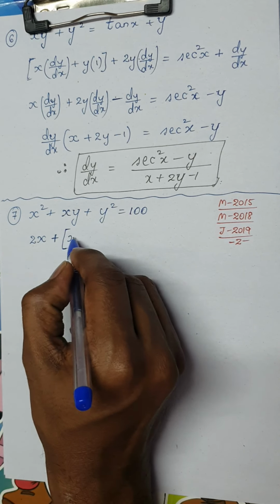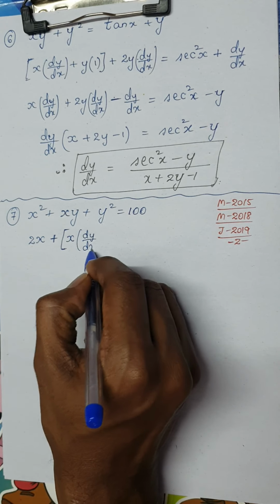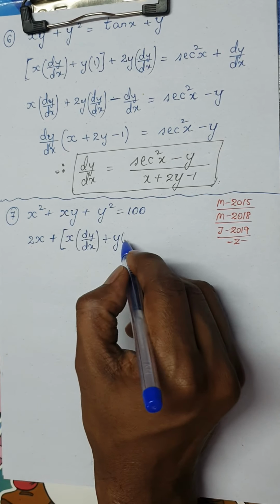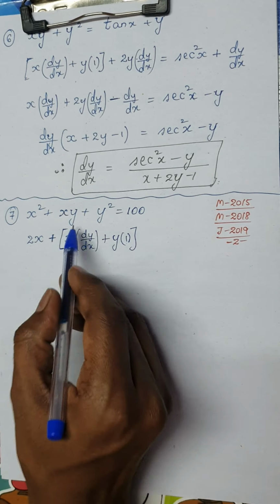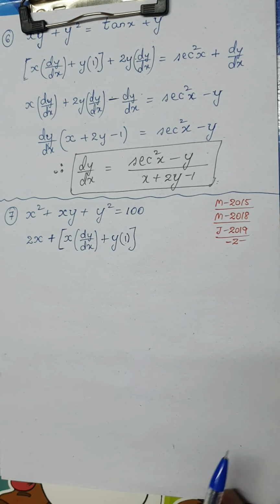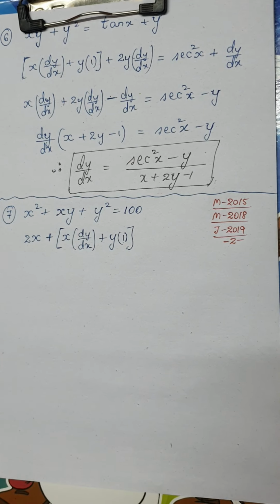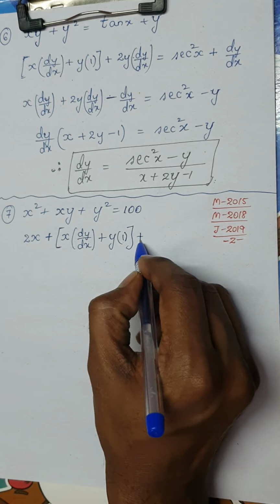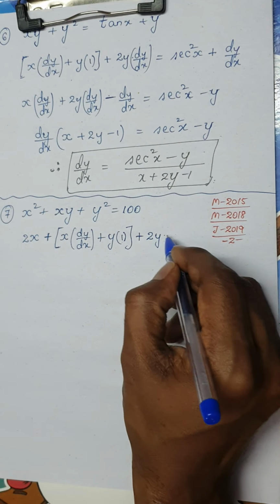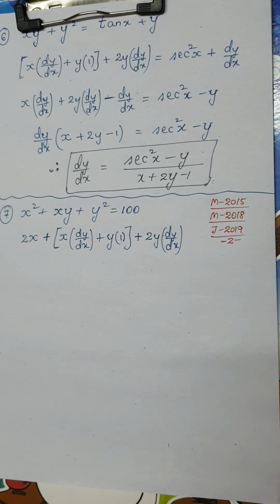So what is product rule? Keep one first function as it is. Now what is derivative of y? Derivative of y is dy by dx plus y as it is. Now derivative of x is 1. You should be very careful when you have x into y. That is why these kind of questions will be asked just to confuse you or to check whether you are thorough with the topic, okay. Plus, now what is derivative of y square? Derivative of y square is 2y, just don't leave it there, 2y into dy by dx, okay.